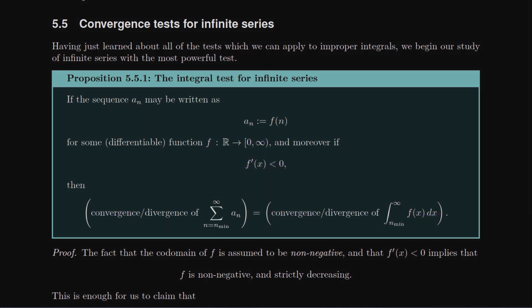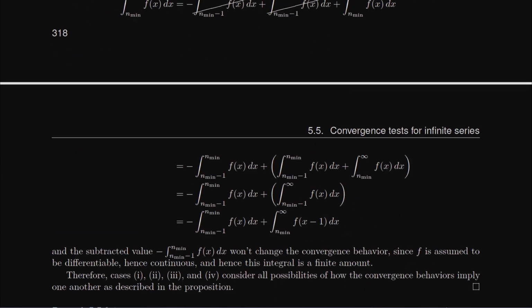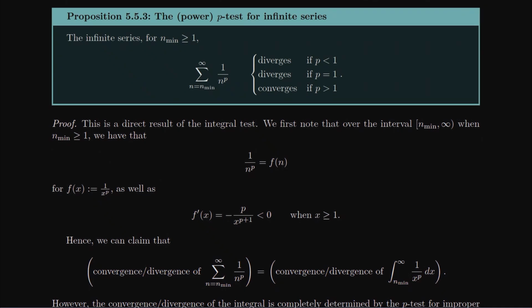Pretty easy if you happen to find a function that satisfies all those properties and you know how to integrate that function. Classic case on why we might actually use this, I'll go back to that pretty picture later. Classic case on why we might actually use this is our p-test. Same p-test we have, but now we have it for infinite series. How do I show that the infinite series 1 over n to the p converges when p is greater than 1? You just show this because the integral test